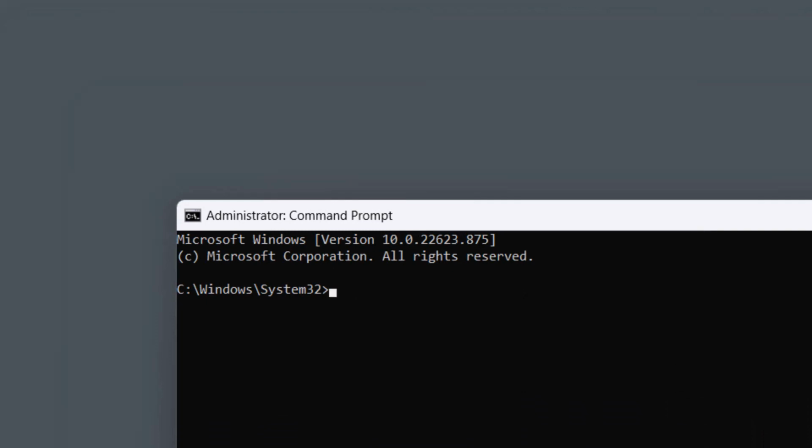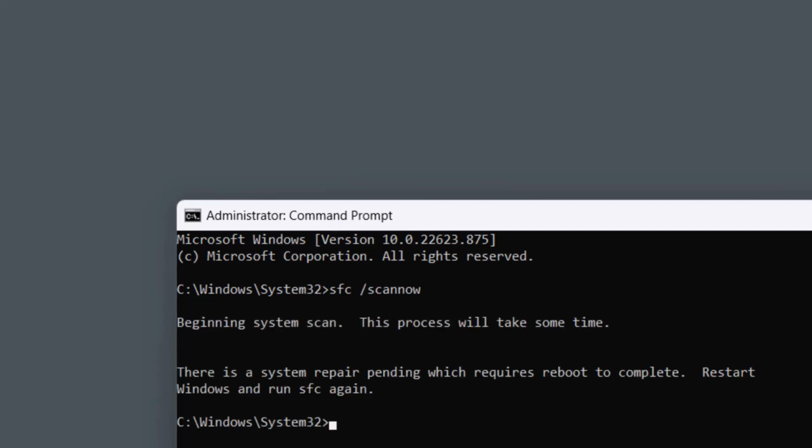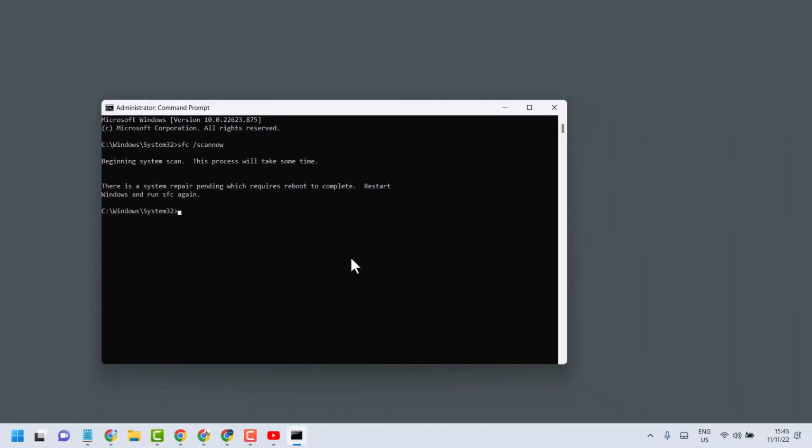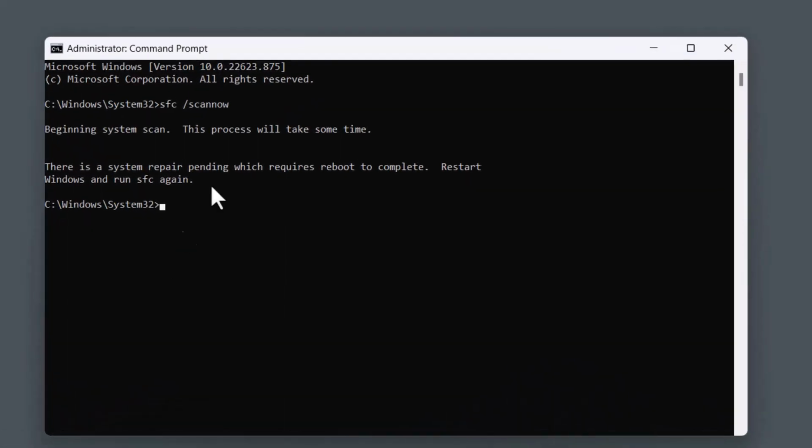Now here type this command line: sfc /scannow and press enter. Now complete this scanning. Guys, it will take a couple of minutes, and once this completes up to 100%, type this